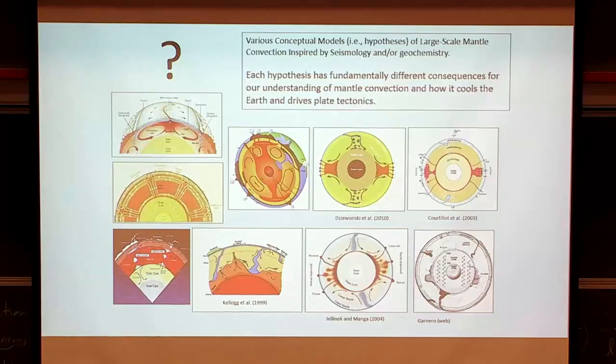When I was an undergraduate student, I was taught that this was how it is, this layered convection model, that you had convection in the upper mantle that was separate from convection in the lower mantle. And I remember as an undergraduate student, this is when I first became interested in geodynamics because I was very fascinated by something like this. And in particular, I was fascinated by the direction of the arrows. If you notice here,